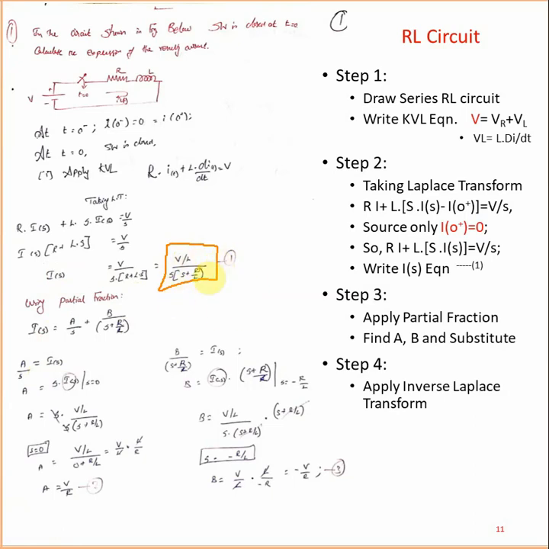Particularly in the right hand side answer, what is the denominator? s into (s plus R by L). Take the denominator and write it twice, one time, two times. Then A divided by this term plus B divided by this term you can write. That's all. This is the partial fraction, writing step number 1. If you are not familiar with mathematics, please listen. You need to know about partial fractions.